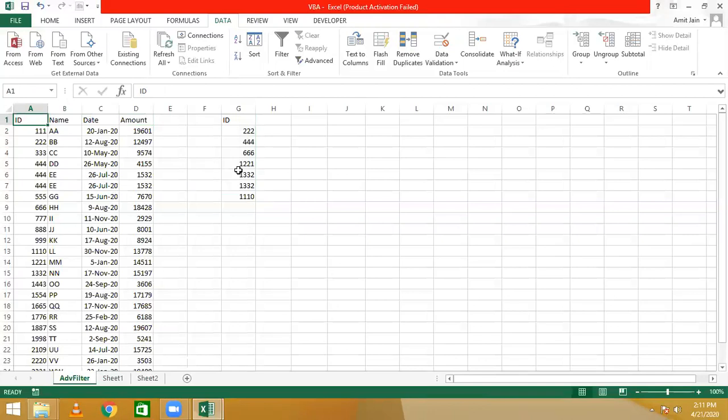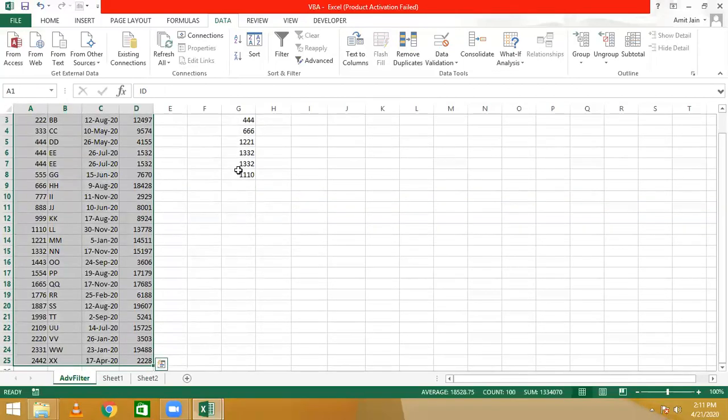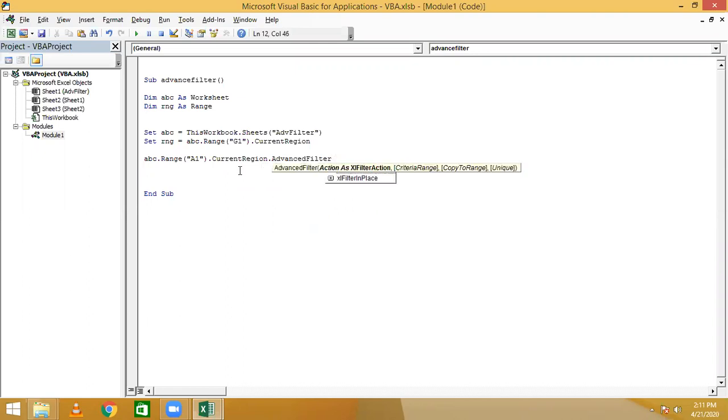This is our source data, and we press Control A to make it the current region. Now we will add AdvancedFilter, space. Now the advanced filter syntax will appear, and you can follow it. Action:=xlFilterCopy.